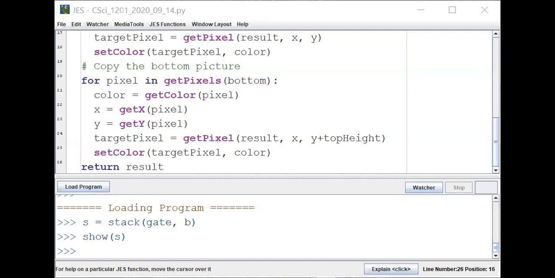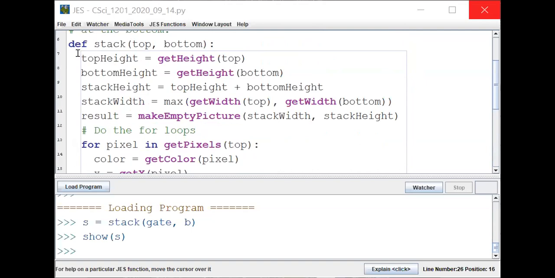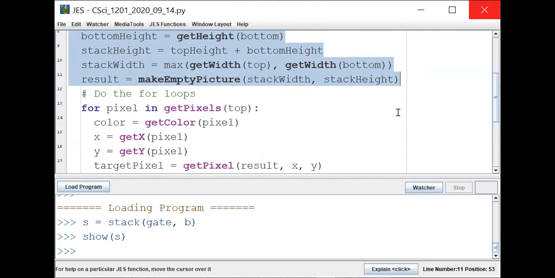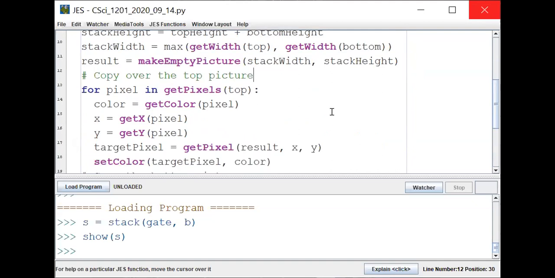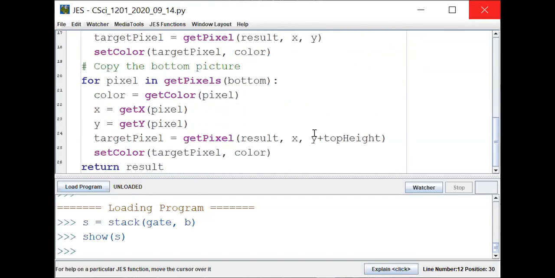Questions? That was pretty fast. Let me go back to Jeff. Questions about that? So we computed the dimensions and made the new image. That's all that stuff. Then we copied, so I should change this comment to copy over the top picture. We copied the top picture across, and then we copied the bottom picture across. And when we did the bottom picture, we had to add top height to all the y coordinates to push